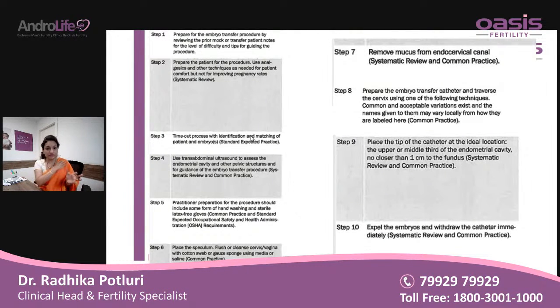Usually once a patient is ready for embryo transfer, it is always preferable to do a mock embryo transfer. Say you have an embryo transfer on a particular date, then at least 2-3 days before, if you have a mock embryo transfer, it will be easy for a clinician